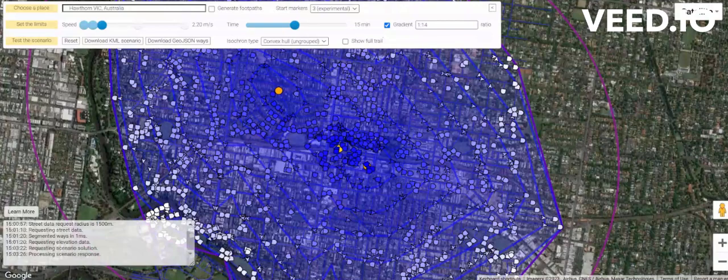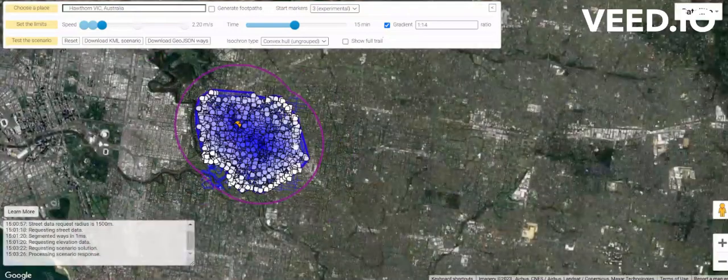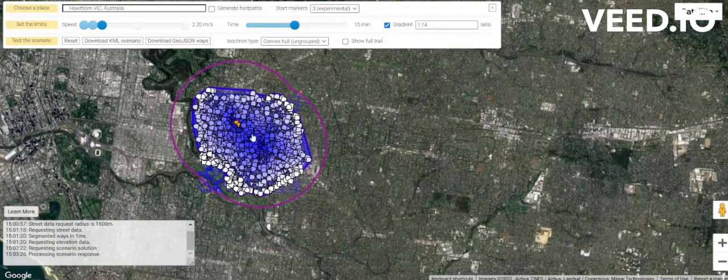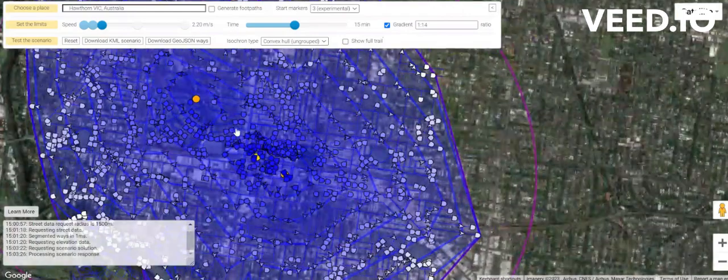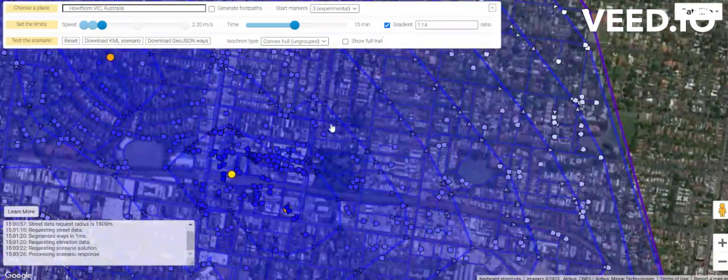Perfect, that looks like it's all run quite smoothly. As we can see here, this ring showcasing the extent of the data tracked, and out here we can see this is our 15-minute marker ring. The closer in we get, the less time people have been moving for. So let's zoom back in and have a look at the data that we can see from